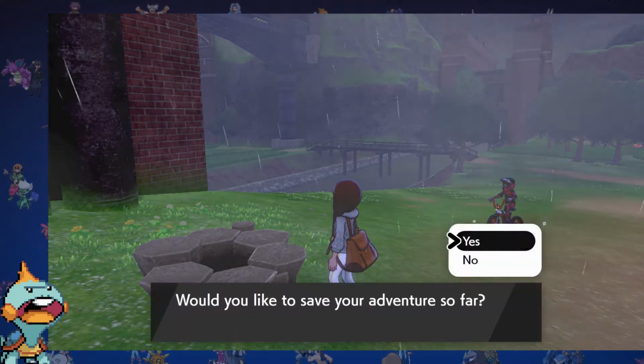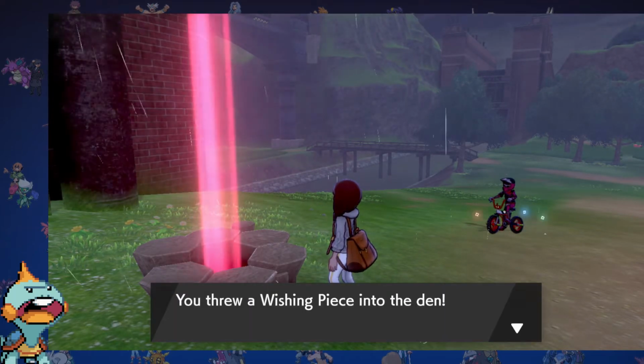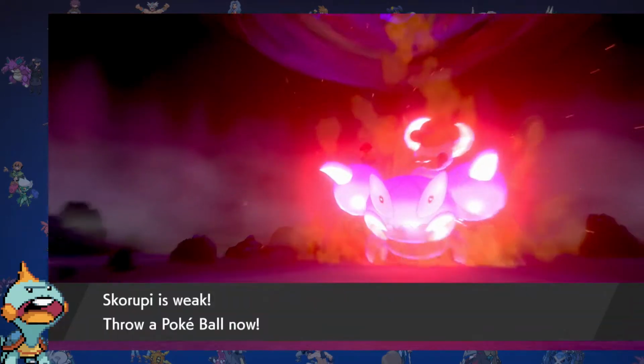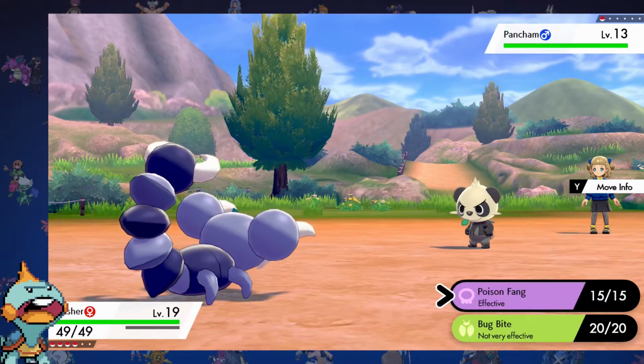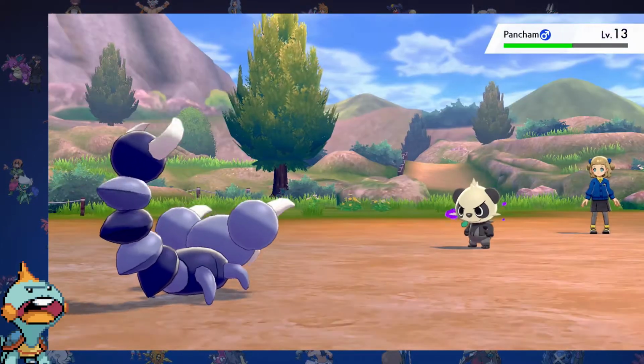In the wild area I can get Skorupi. I save up 3000 watts and buy Wishing Orb. We place it into the den and we get Stunky. The next day I come back and Skorupi shows its face. With Nasher on our team, we actually have Bite moves that aren't the Dark type. It's just a shame that its nature lowers its physical attack, but with its help, we're able to progress past